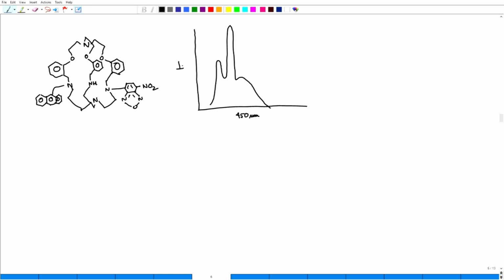This is intensity, this is lambda, wavelength in nanometer. Now, what is the emission and absorption of this diazo? Diazo absorbs here. Diazo is simple, only one peak, not a peak like this, but simply a peak. This is my diazo. So, what do I see? I see that there is a lot of overlap. Because of this overlap,